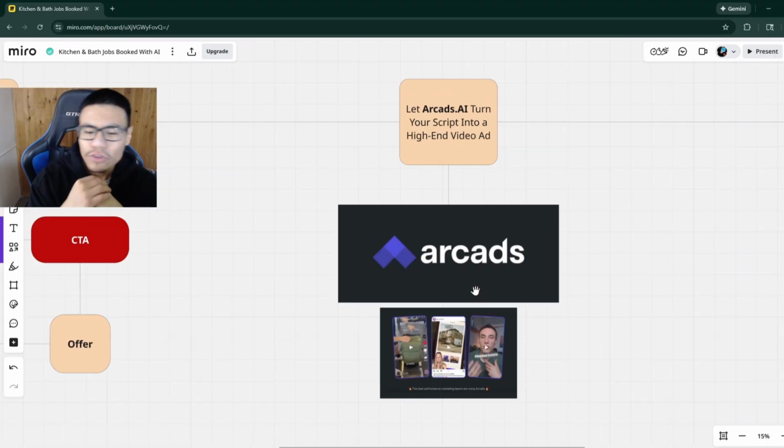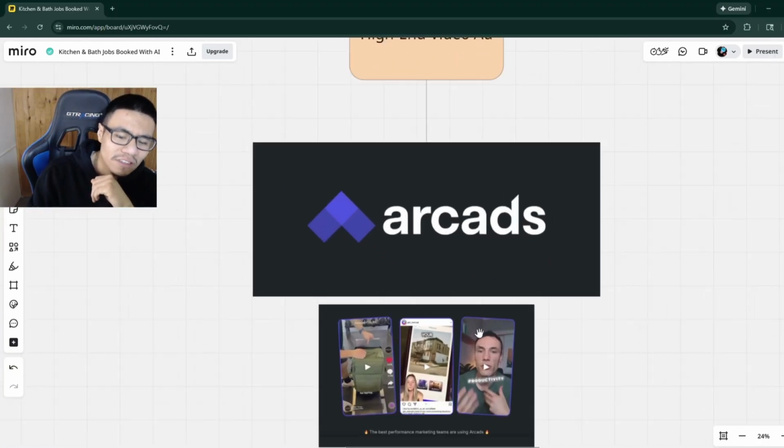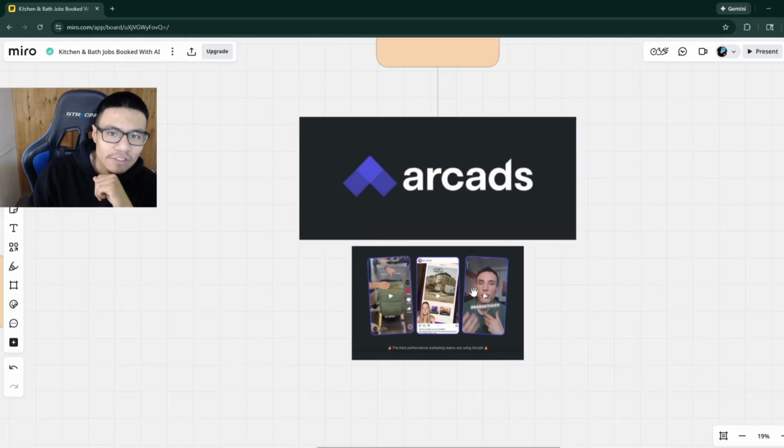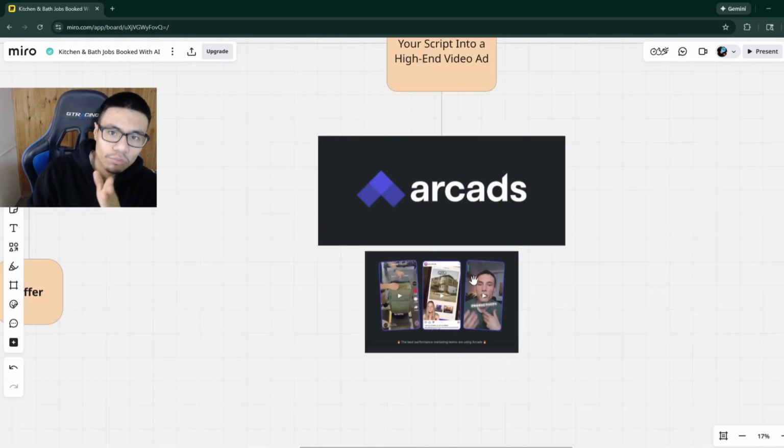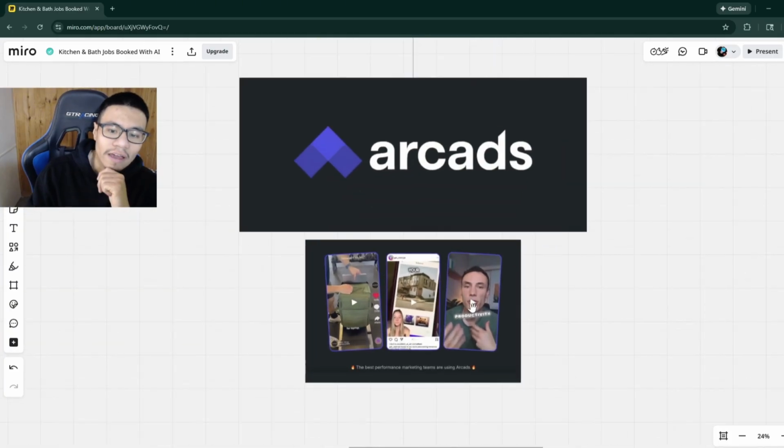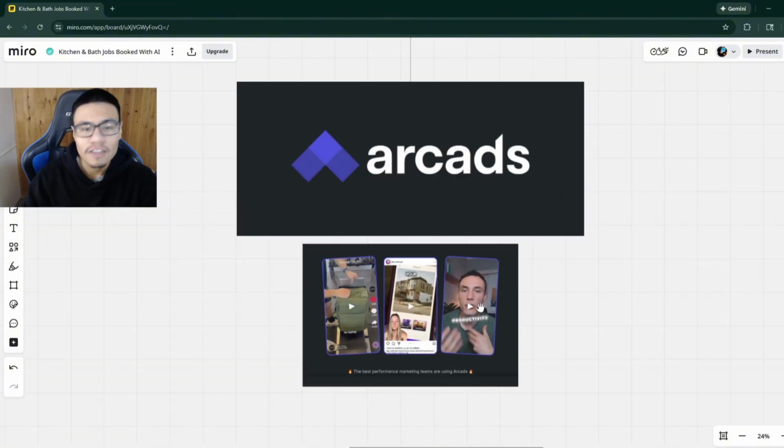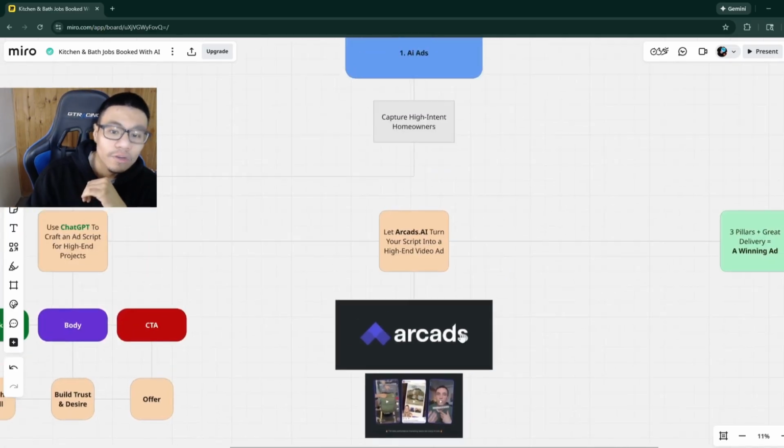The homeowners don't view them as just another ad. They view them as a legitimate person speaking to them about their experience with working with your company and your services and how awesome of a job you guys did. And on top of that, they're easier to make, faster to launch, and just cheaper overall. So you end up saving more money regardless.